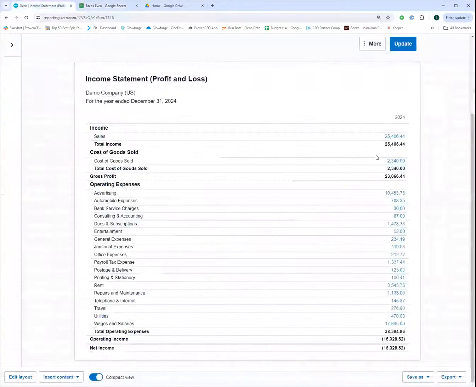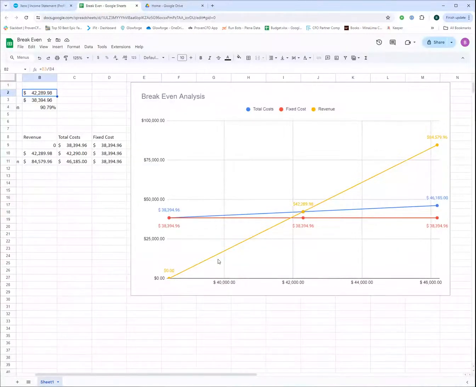So if we come back to this example of looking at this demo company, right? They sold 25,000. They did 2,300 in total cost of goods sold, but they still spent 38,394, which means they technically have a loss of $15,000. So if we come back and look at the graph around this 25,000 mark, I know it's not officially on here, but as we look, hey, $25,000 in revenue, which is this bottom line here, you can see that we end up in a negative loss situation. Everything below this line is a loss in the income statement during that year. So it very much makes sense.